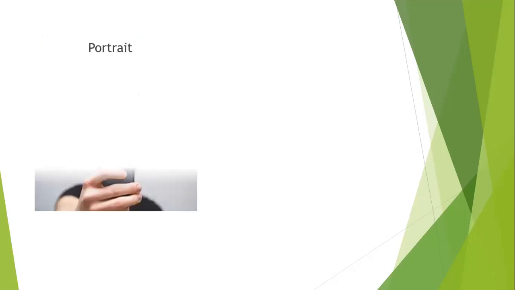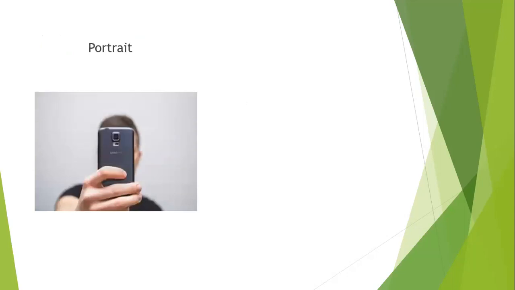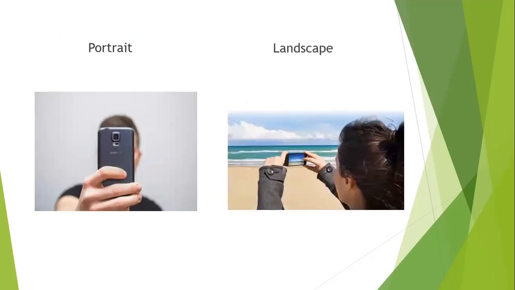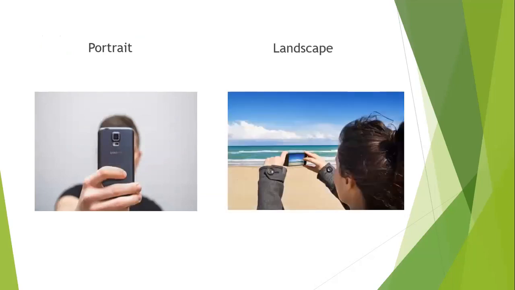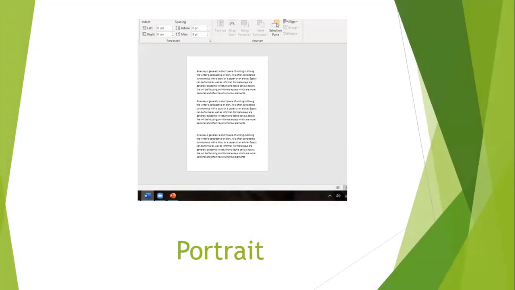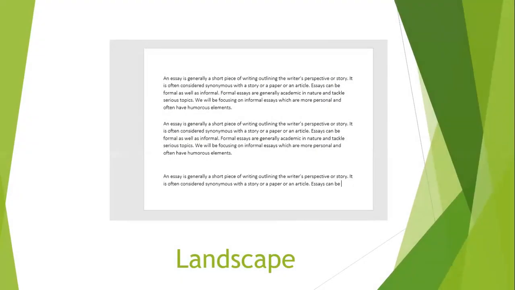While taking a selfie from your mobile, if you hold your cell phone like this, it is known as portrait, and if you hold your cell phone like this, it is known as landscape. Same is for your document page. If the document page is printed along the width, this is portrait, and if your document page is along the